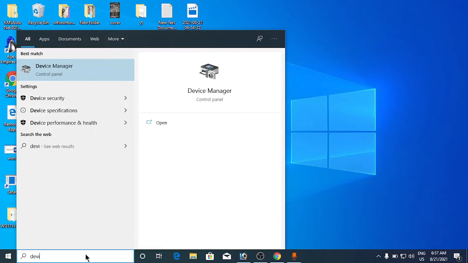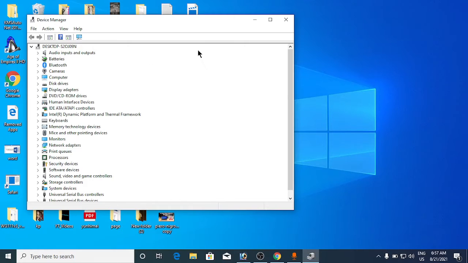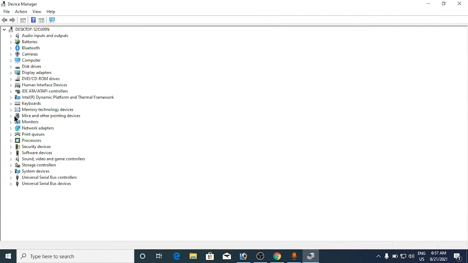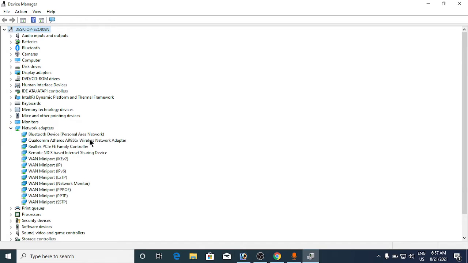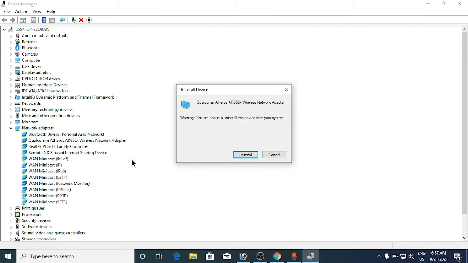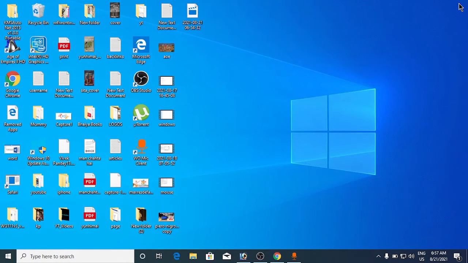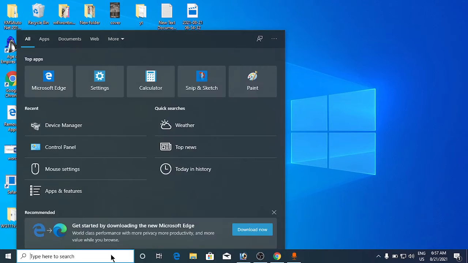Simply type in device. Okay, now again go to the network adapter, expand it, select your one, right click on it, click on uninstall device. Now you are about to uninstall this device from your system, so click on uninstall. Okay, then restart your computer, so Windows will automatically install the wireless driver for you and it will fix your problem. Now the next thing that you need to do is, again you need to type in device here,